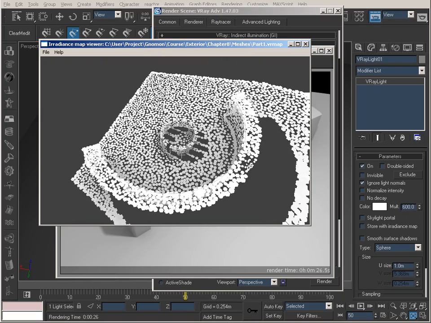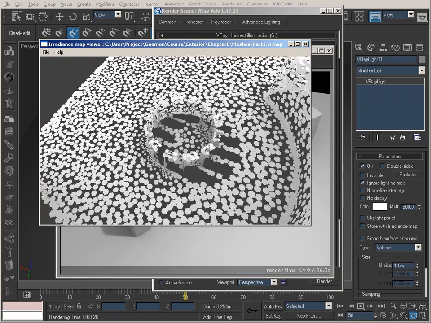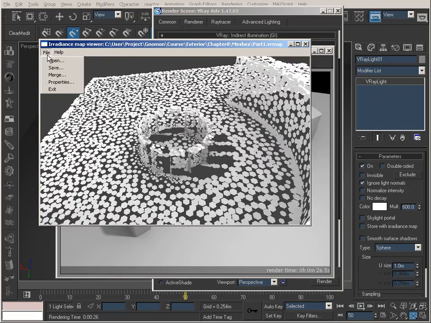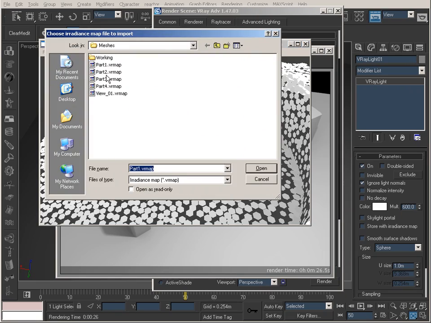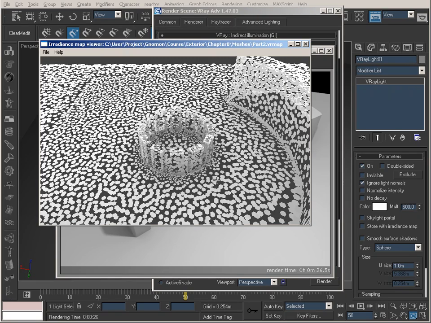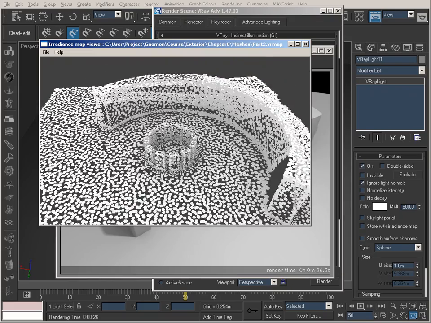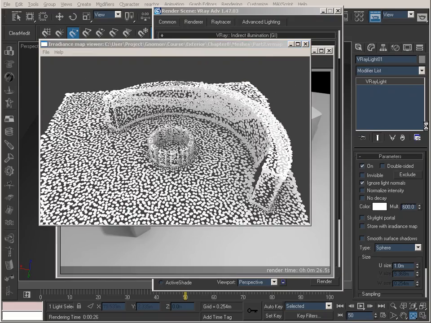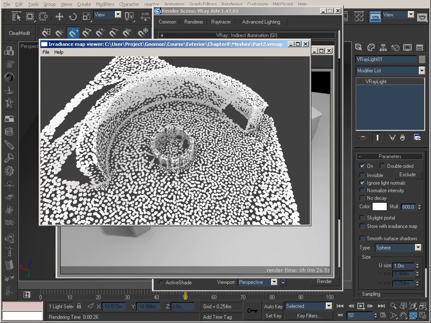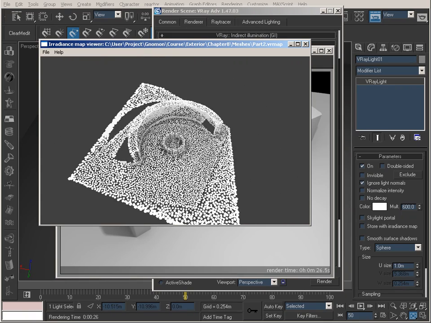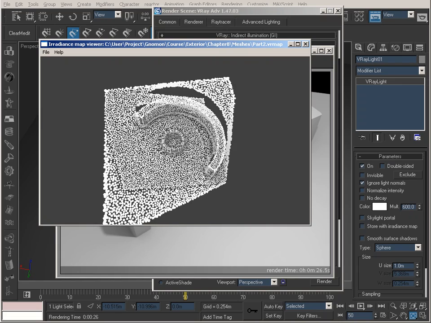So what I can do, considering the fact that I've done part 1, 2, 3, and 4, is I can actually go in here, and you see in this file, I can do merge, and I'll merge part 2. By doing that, I've taken 2 of them and put them together, which is a great solution to our problem. There we go. So you can see they're merged together, and they become denser in here,